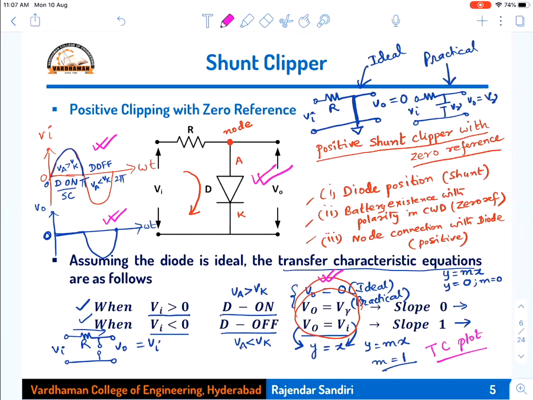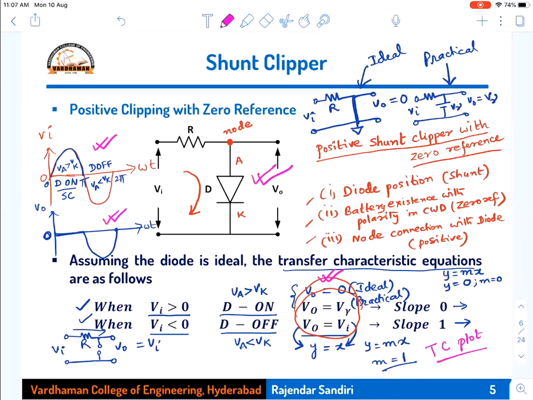Circuit is given, name you can write. Circuit is given, you can draw input output waveforms. You can write equations. You can draw the plot, and so on. So any one of these four things or five things, even name also. Just by name you can do all the remaining four. By circuit diagram you can do all the remaining four. By transfer characteristic plot you should do remaining four, and so on.